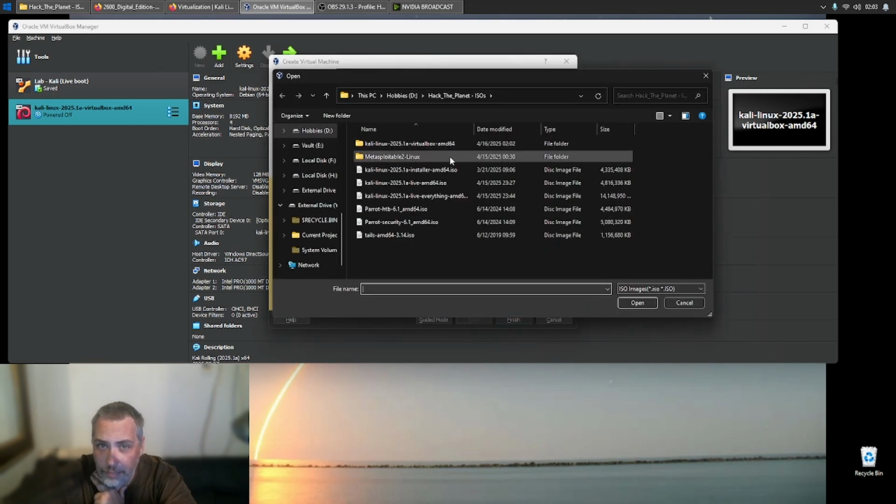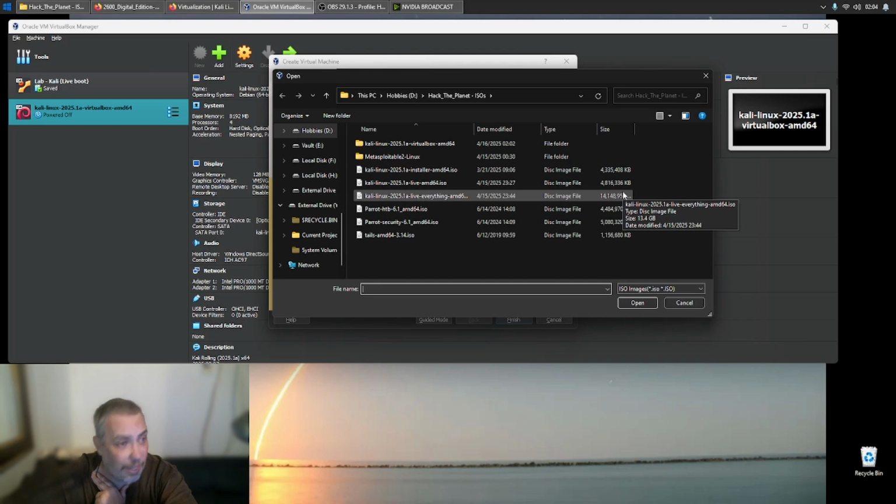Okay, now, you want to make sure for this you grab one of the live versions. I grabbed two of them. As you see, I have live and I have live everything. These are two very different sized files. Live everything is everything that they offer. All the software is installed, and you don't need to fetch anything up from the internet, other than updates, I guess. Whereas the regular live version, which is a much smaller, 10 gig smaller file,